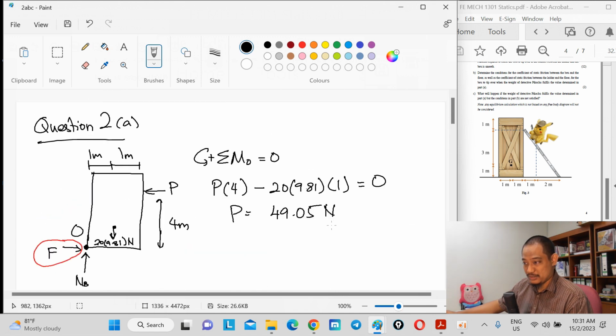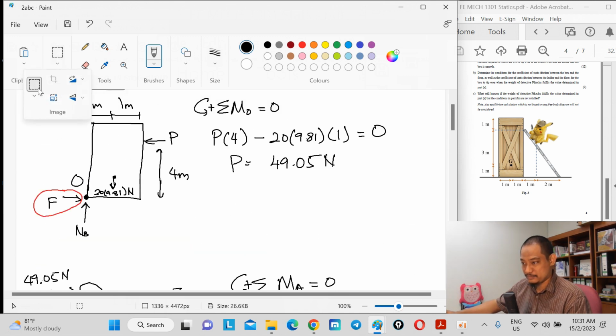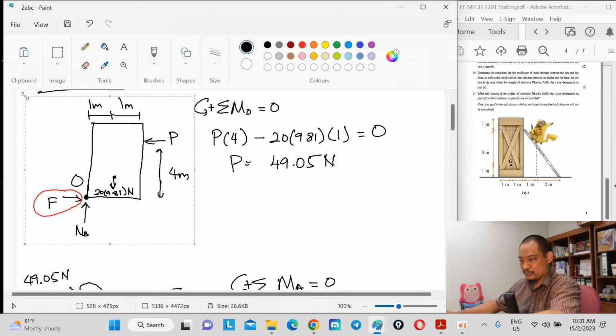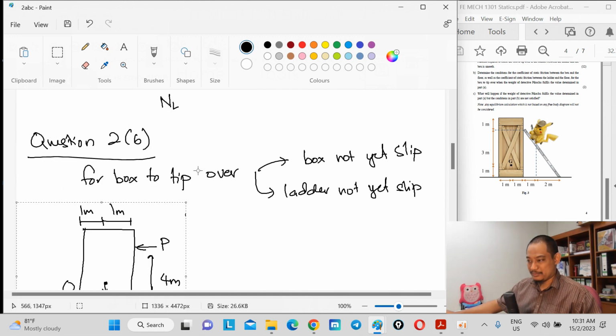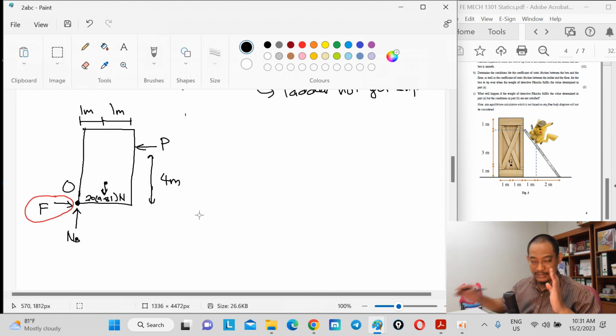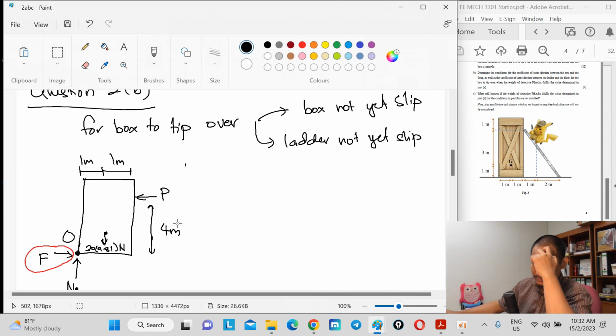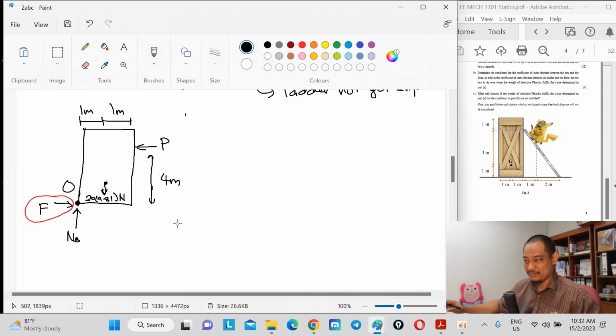So I'm going to use the same free body diagram, so we'll just take this. Unfortunately there's the red mark, but you just ignore that red mark. You can just write "referring to the same free body diagram above." You can label the free body diagram, but for me, because I'm doing this on actual paper, there's no such thing as copy and paste, and I will not redraw because I can use this one straight away. However, to avoid scrolling, I'll copy and paste it on the side so that it's easy for me to compute. So using this free body diagram,